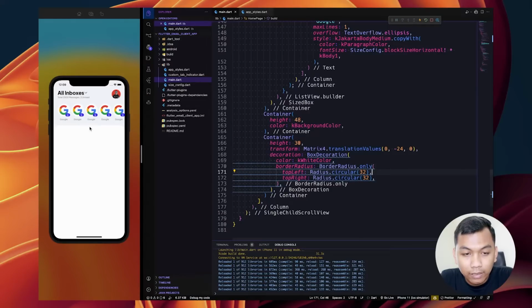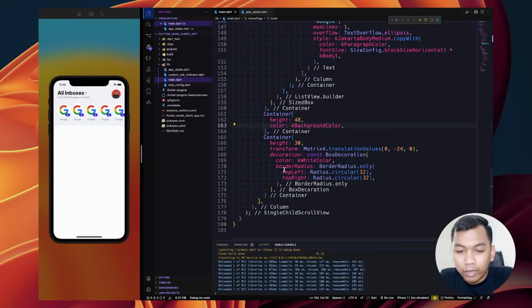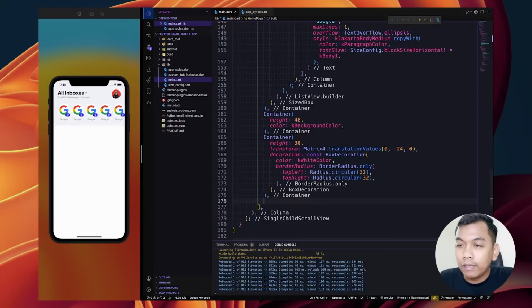And you will see our container will appear with rounded on the top left and top right. And the next, we need to add a const here. I think here.